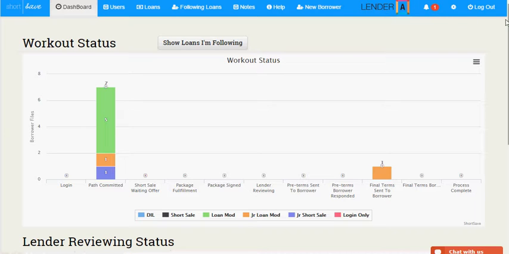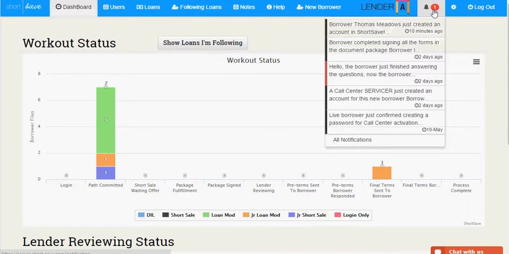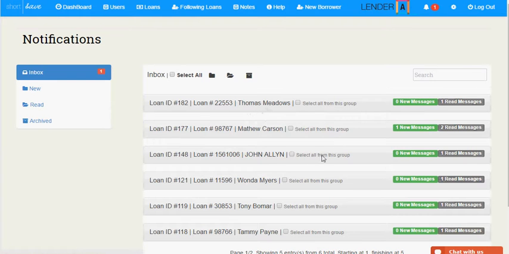And here's the best way to navigate through these notifications. If you see a red circle with a number, that means that you need to check and see who was moving around in the back office of the borrower's page. And you'll notice that there are messages here that a borrower just created an account, a borrower just completed signing their documents. And if you scroll down to all notifications, you're going to be able to see everyone who has